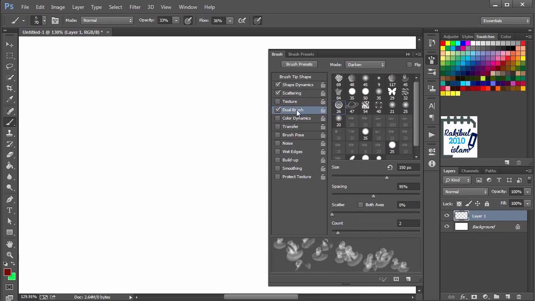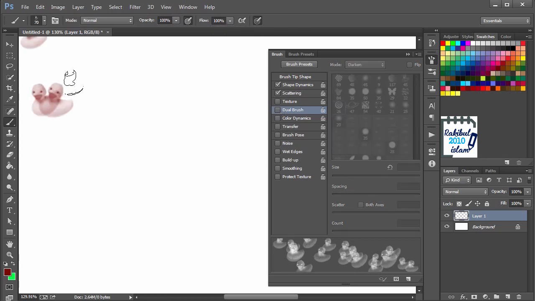This is an interesting option. You can apply a brush within a brush. Like we have selected a brush and we can pick another brush within that selected brush. Let's increase the opacity and flow to 100%. And we can now uncheck this first and draw.